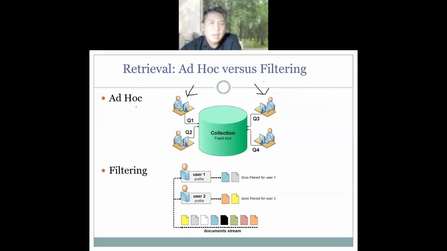So ad hoc refers to anyone being able to query the data at any time, and there is no plan. Okay, there is no plan saying that based on your profile, I will give you certain information. Okay, so ad hoc is when you're trying to retrieve documents and they will not return the documents based on